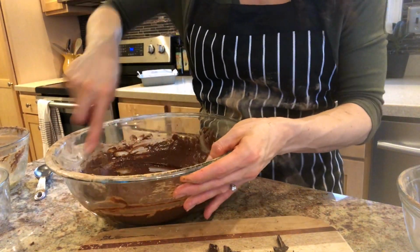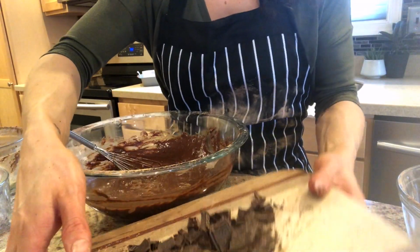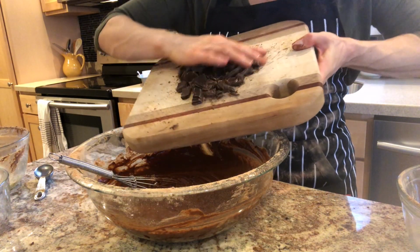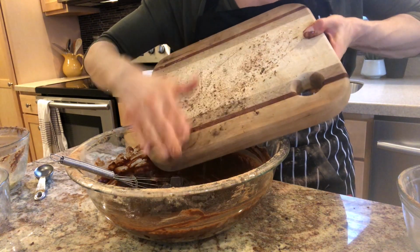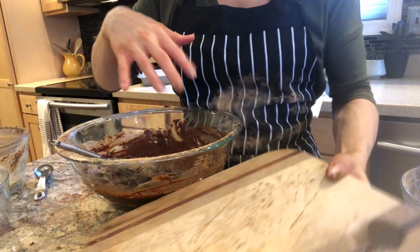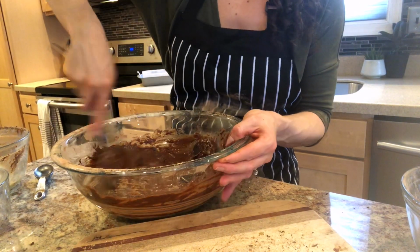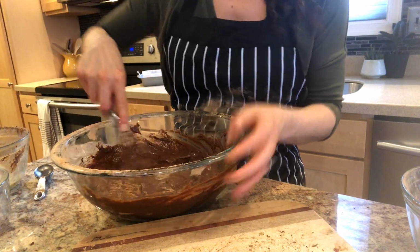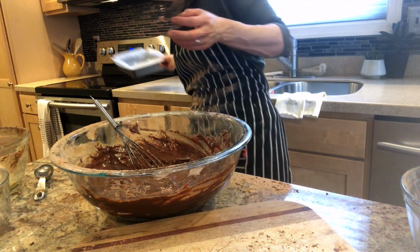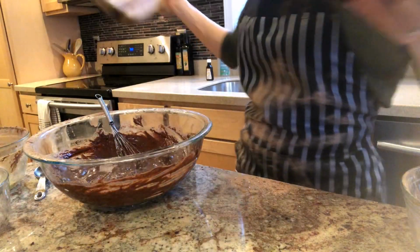Now, like I had mentioned before, the key to these fudgy brownies is going to be the instant espresso, which is going to give it that really rich chocolate flavor, and these large chunks. So this is our next step. It's just to fold these in loosely within the batter. So just lightly mixing them in. You don't want to crush any of them up too much because we want those really large chunks in here. So I have my prepped pan here in the back. And we're just going to go ahead and transfer that over